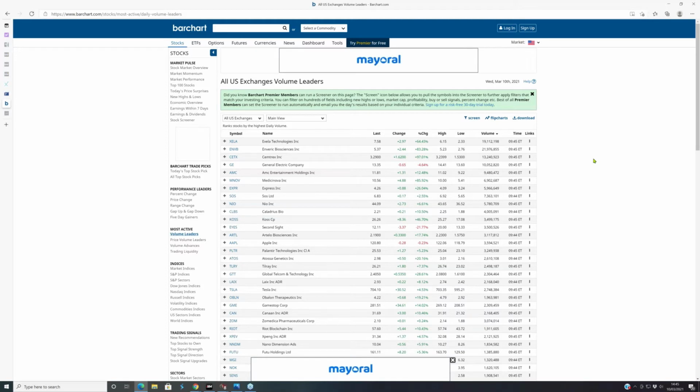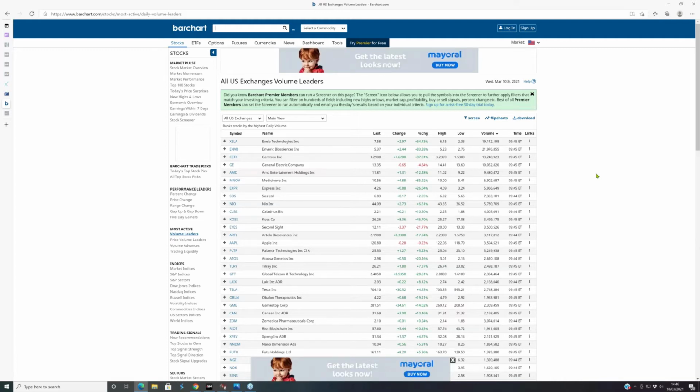As I said, in previous webinars we've looked at most shorted stocks, because with most shorted stocks you're going to get a short squeeze. GameStop is the one that comes immediately to mind. Although interestingly, once that volatility has died down, if you look at the chart, it's behaving in a much more normal way. So going to BarChart, what I've actually looked at is volume. I've looked at volume leaders. Now these are stocks where there's been a lot of activity.